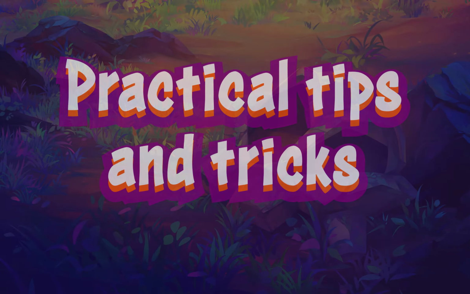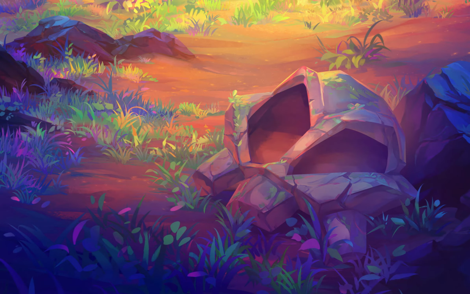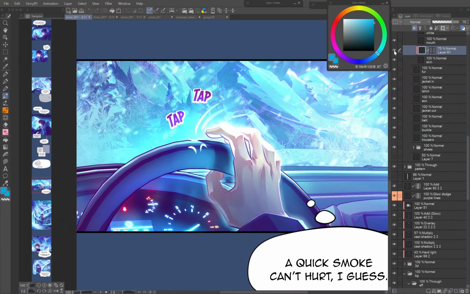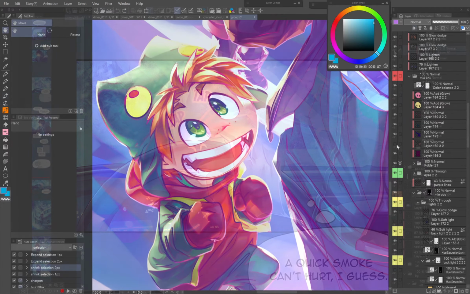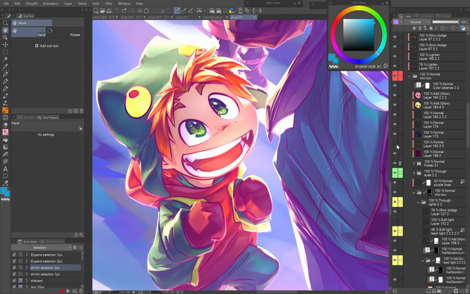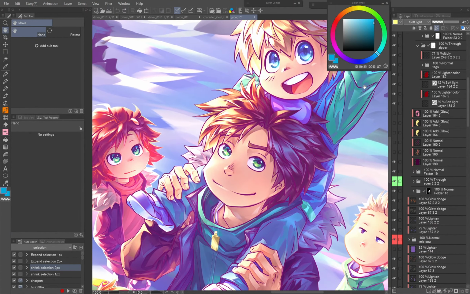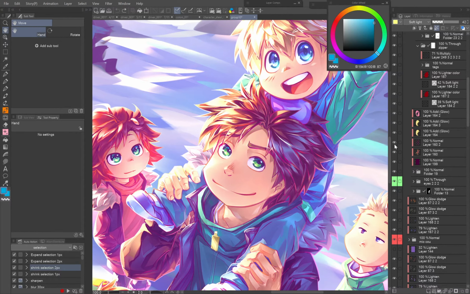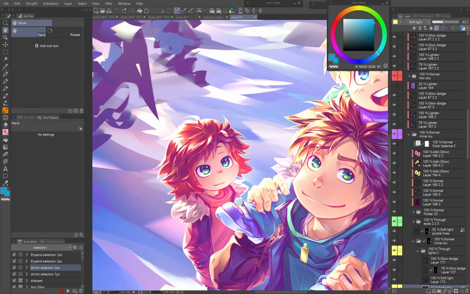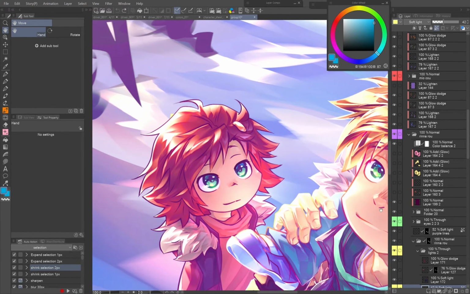Practical tips. These are easy tips and tricks on how to make your art more interesting with colors. Most people don't notice these little things, but they add a rich and unique feeling to your art that will make it memorable. Color outlines. Just by clipping a new layer on your outlines and painting different colors in places like edges of elements, facial features, hair, etc., you can add a completely new feel to your comic or illustration.